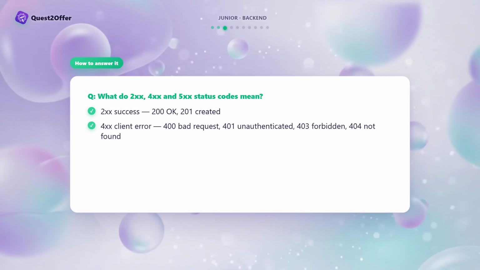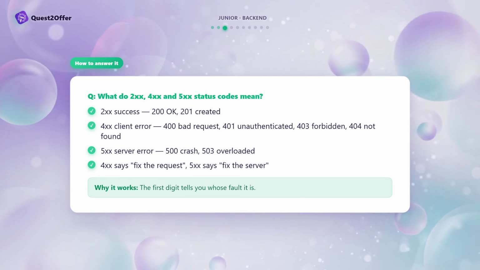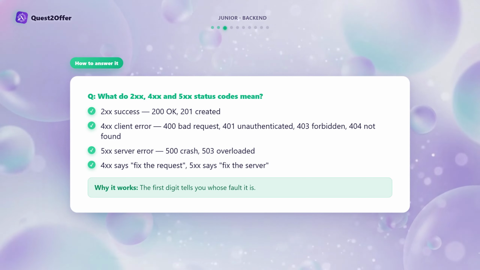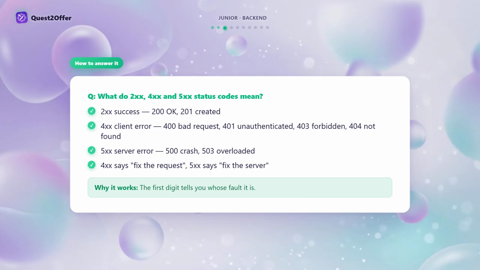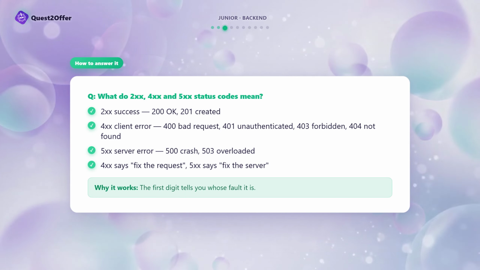They're the server's one-line verdict. 2xx means success: 200 OK, 201 Created. 4xx means the client got it wrong: 400 bad request, 401 not signed in, 403 signed in but not